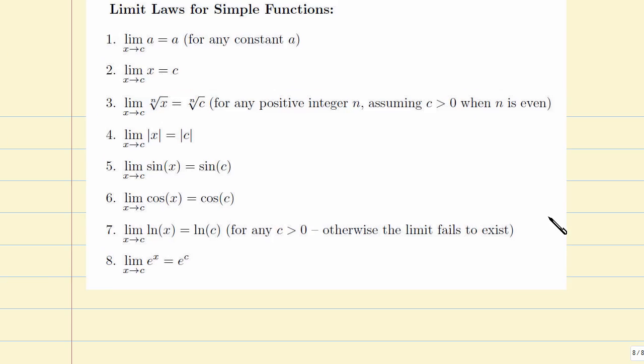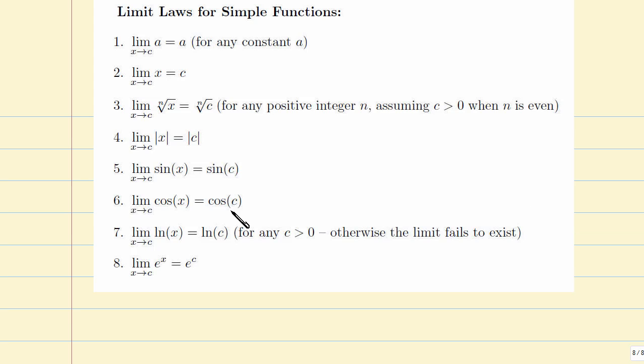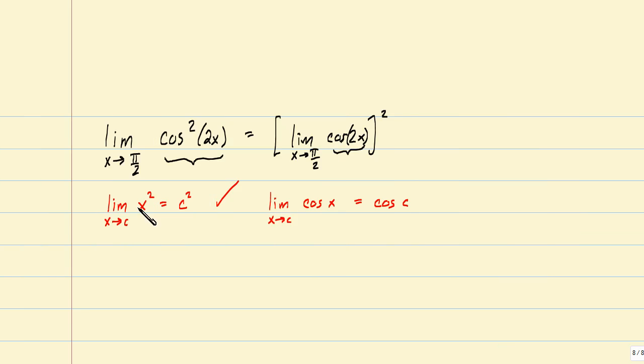Absolutely. Again, that's one of our limit laws. There it is right there. So again, we can pull out the outermost function here outside of our limit to arrive at that. Now notice this innermost thing here, this limit right here, is the limit as x approaches something of a polynomial function. 2x is a polynomial. So I am free to plug in pi over 2 in here to arrive at,